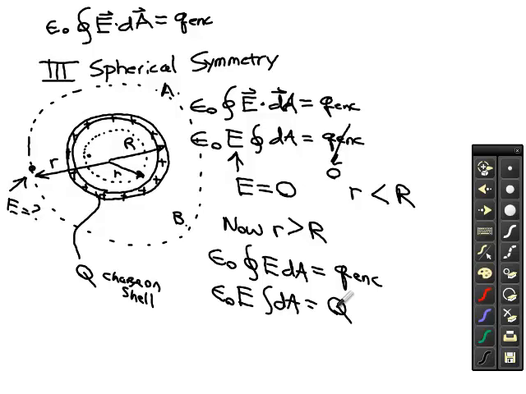And this integral, which I forgot to make a closed integral, that's the sum of all the little pieces of the area of my sphere, which is, in this case, the surface area of a sphere. So this becomes epsilon naught E 4 pi r squared